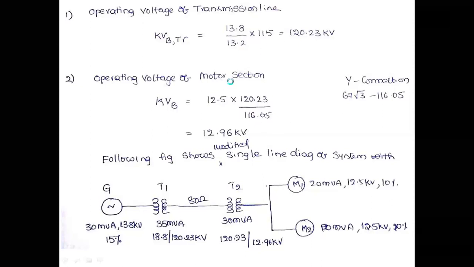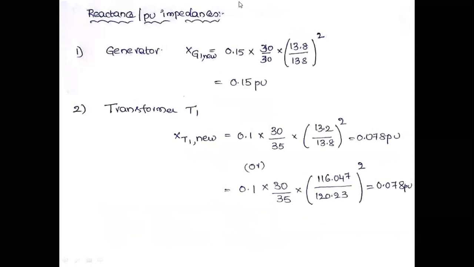Next. Now see here, the reactances or per unit impedances. Now I am going to determine the per unit reactances of each and every component that has been considered in the single line diagram. So in that aspect, first of all, I am going to give you the formula for determining the per unit impedances, right? Now you see here, already we have obtained the expression that Z per unit new is equal to